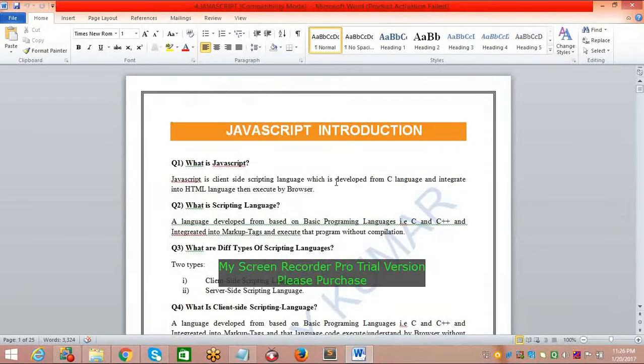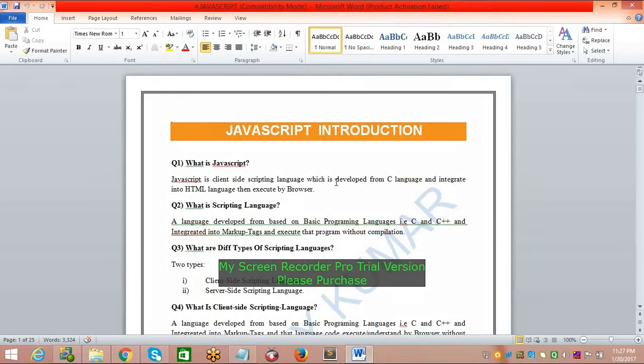Combining one or more languages into another language, where the code is executed without compilation with the help of a browser, we can call that a scripting language. But in scripting languages, there are two types available: one is client side and the second one is server side.